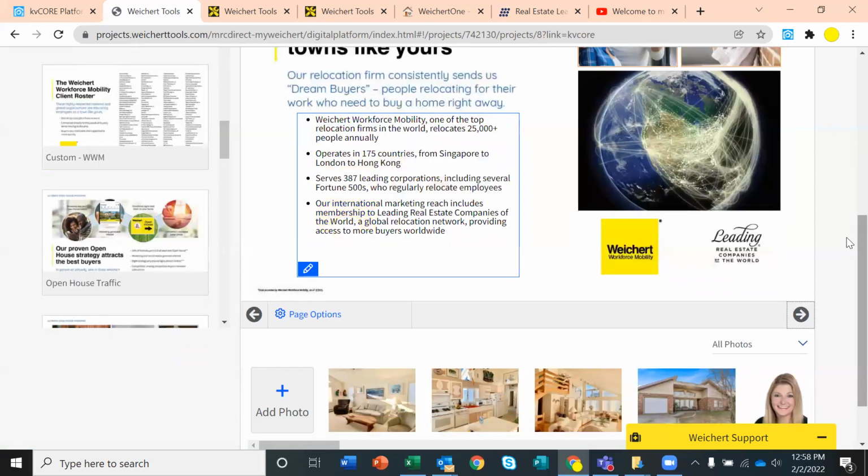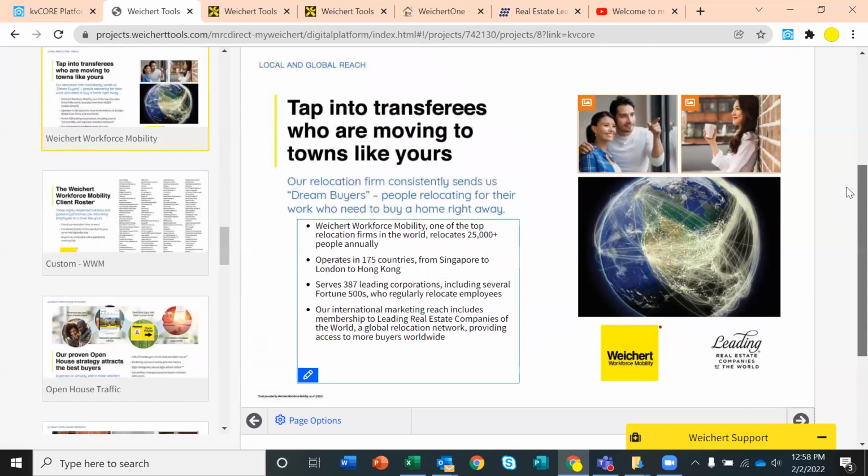All right. Now this is about Weichert Workforce Mobility, which is our relocation company. Basically we work with Fortune 500 companies all over the world. And as they're transferring their employees, they're working with Weichert. So it gives you a database of buyers that nobody else is going to have, because they work exclusively with Weichert as their relocation company. So this is excellent to tell the sellers